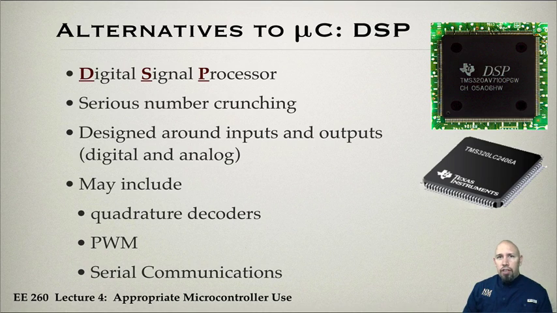Quadrature encoder is often used for things that have rotary motion, and it's a way of encoding position information using digital, basically 2 bits or 2 signals, digital signals. And so the quadrature encoder then needs to be decoded in order to use that information. So this includes the decoders. In a lab, you will also be doing some decoding of quadrature encoders, so it's helpful to know what that's